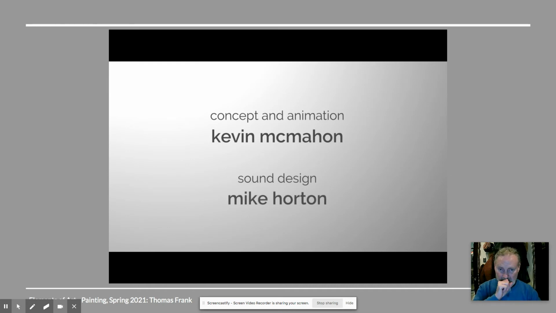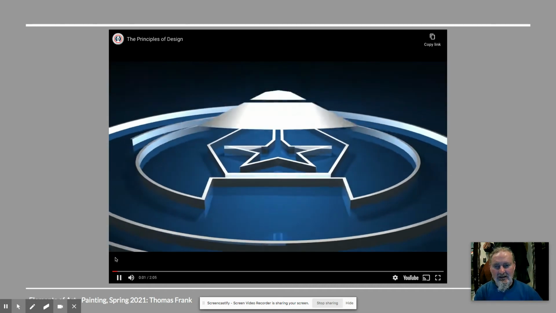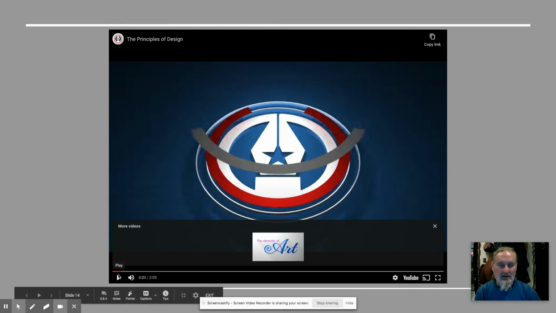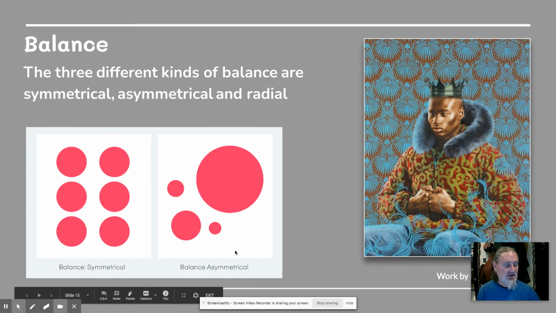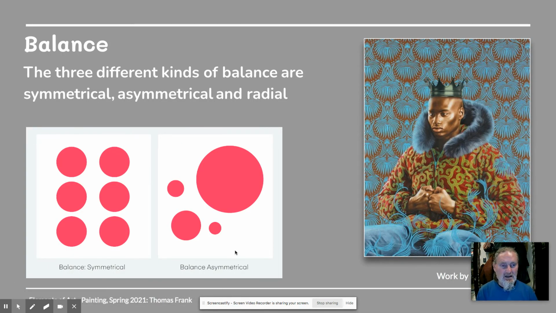Okay, so again, you saw in this video a few additional principles of design that they added. That was alignment and proportion, something that we're not going to be dealing with here. If I was the one creating this list, I'd probably add proportion. I often emphasize that in my drawing class, in my painting class, the proportions of things. But for our purposes in this class, we're going to be dealing with